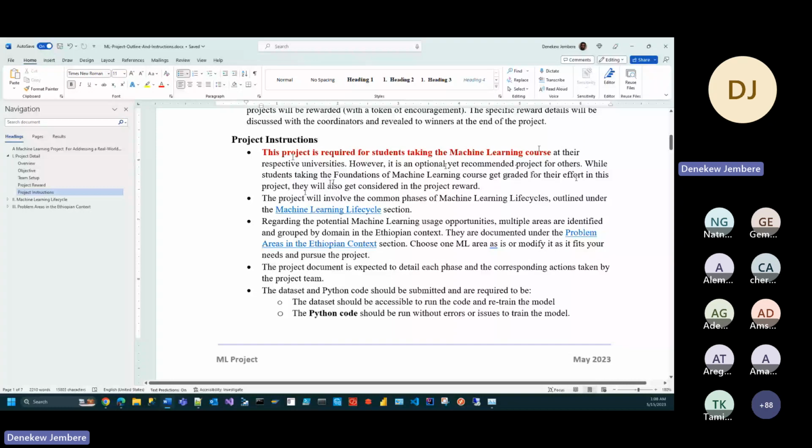It's just the reward is for all of you. That's what it means here. The reward is open for all of you. So students taking the Foundations of Machine Learning or Introduction to Machine Learning are required to work on this project and also are eligible for the project reward, not only their grade for the course. And the project will involve the common phases of machine learning lifecycle outlined under the third